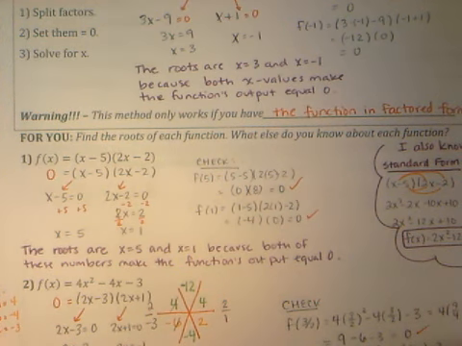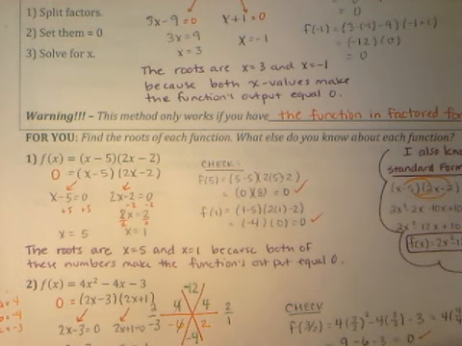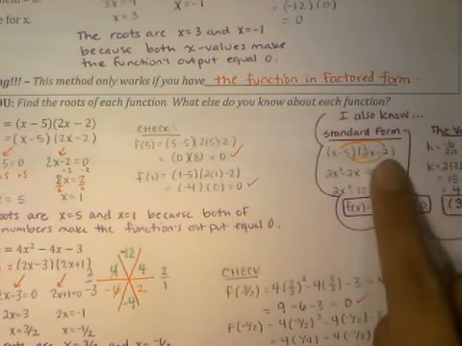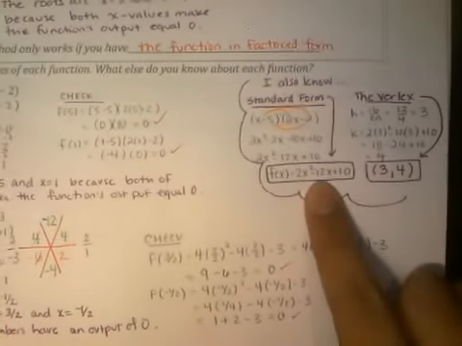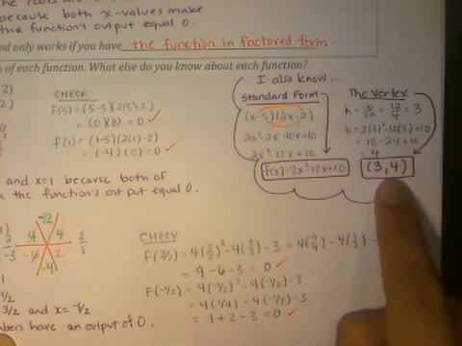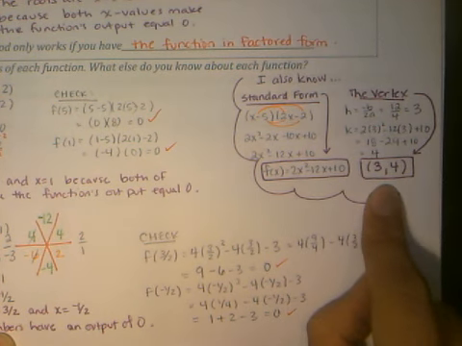And in the practice problem, I asked you a second question, which is, what else do you know? Keeping in mind that this is not a separate skill, but it's related to what we've done before, you might have realized that you can simply turn this into standard form just by foiling out this equation. And once you have standard form, there's a whole bunch of other information, starting with the vertex, but you could even really tell me the range and the line of symmetry. You could maybe even create a graph based on all of this information,